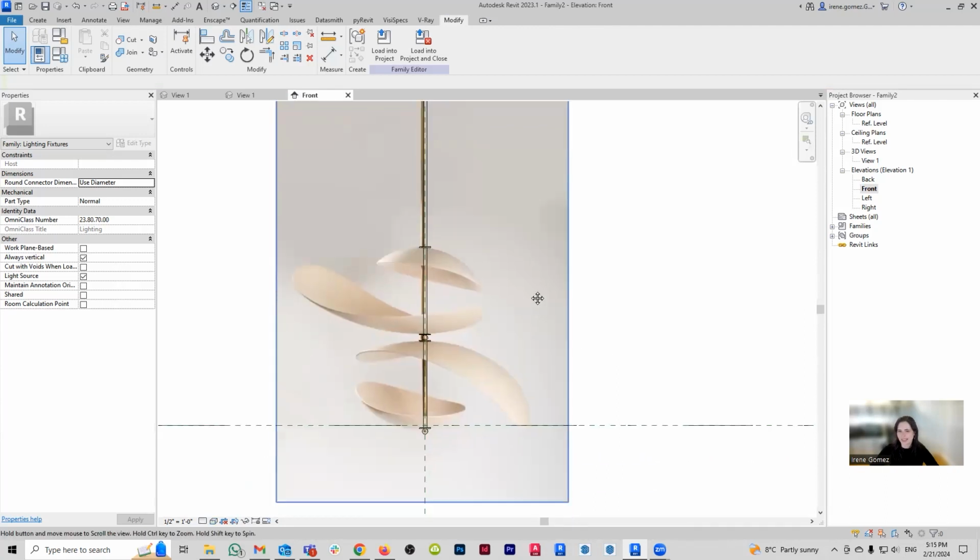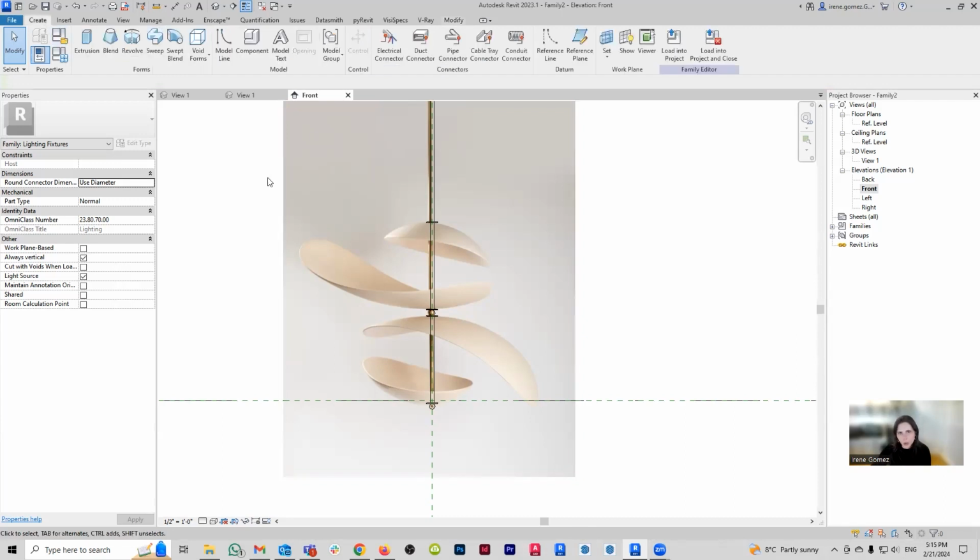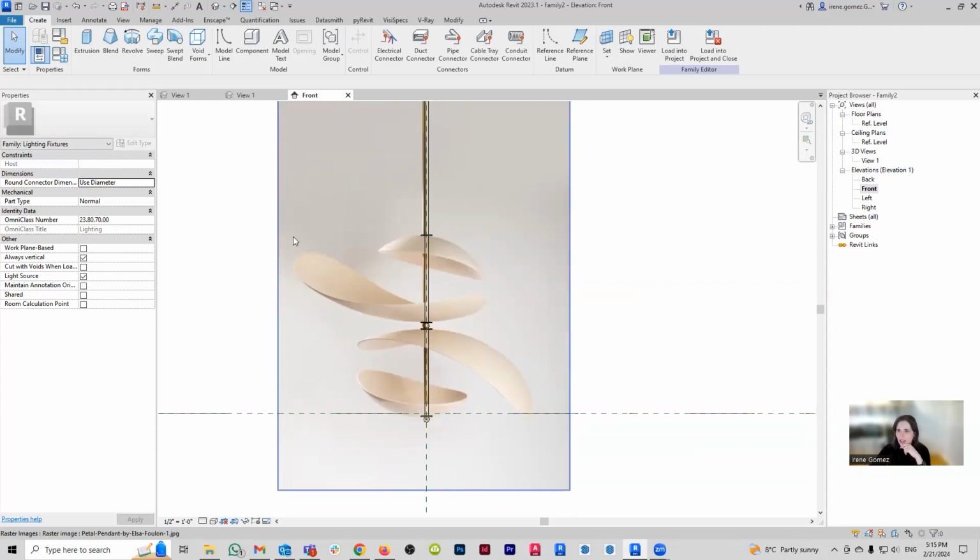Now let's get on to the spicy stuff. How are we going to make these petals? So the thing is that there is no way to just model these petals in a single go. So what we're going to want to do instead is basically deconstruct it. If I can think about what elements I can use from the Revit modeling tools to make this guy, my immediate thought would be, well, this looks like an ellipse, or even like a sphere. I think I'm going to do an ellipse so I can make it a little bit easier to manage. So this shape looks like a 3D ellipse, so to speak. And then it looks like you just took a bite out of it.